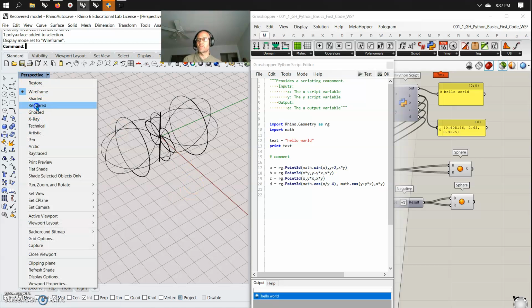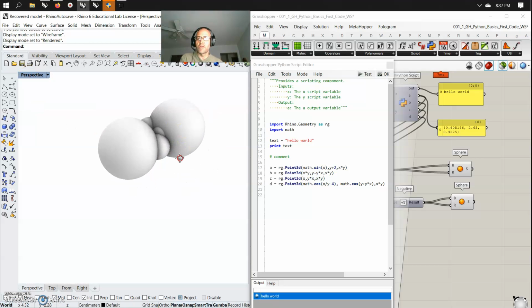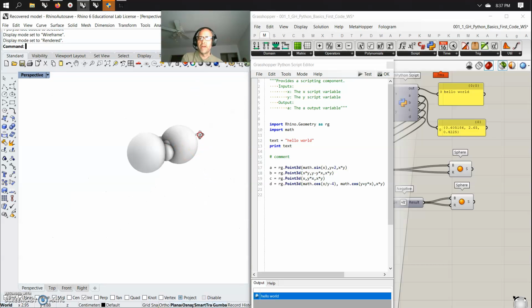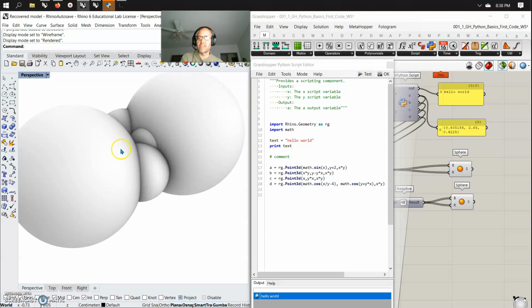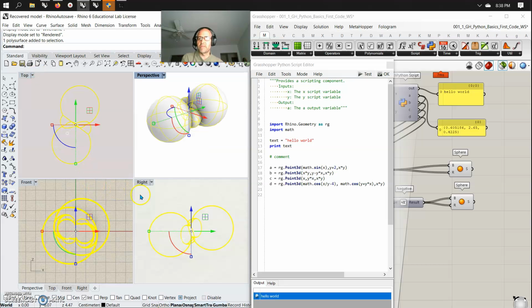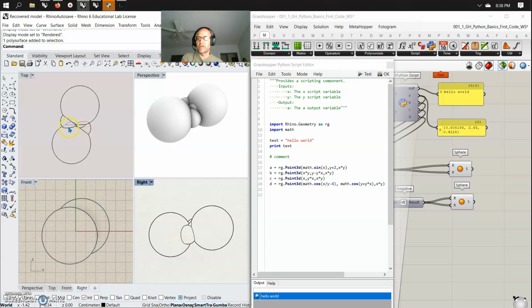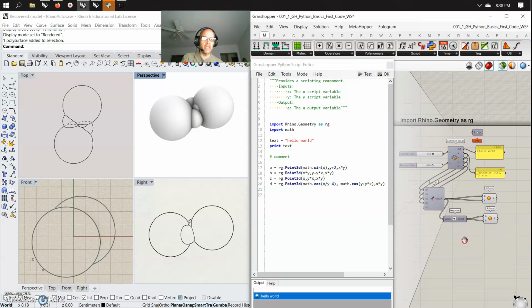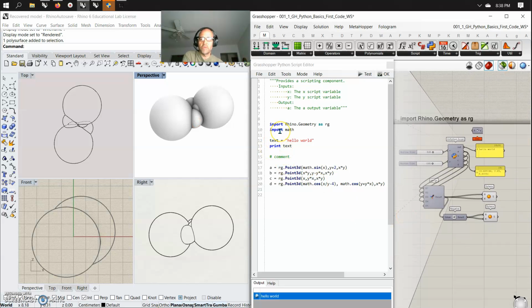So that one worked, and there must have been something maybe coincident or some weird number. But I've made a pretty cool form with probably the most basic GhPython script I could think of, and I like it. I wouldn't do a technical drawing or an artistic drawing like this, but if you're looking to make something organic with a little bit of math, that's basically what we're going to do. We're going to use Rhino geometry as RG and math imports,